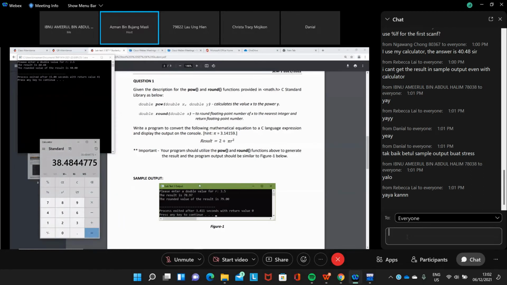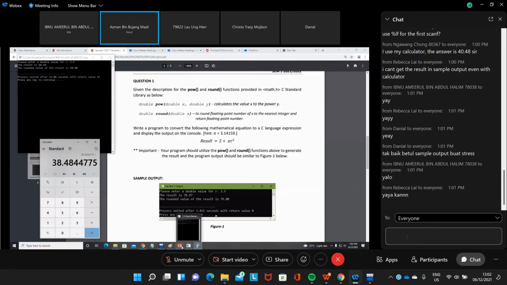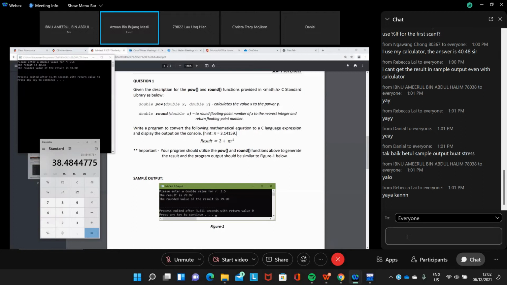Or you try with a simple number. For example, you enter number 1. Okay, 1 squared is 1, isn't it? Multiply by 3 plus 2. Okay, do you get the correct output or not for your program? If it is correct, then no problem with that one. Okay, but this simple output is incorrect.